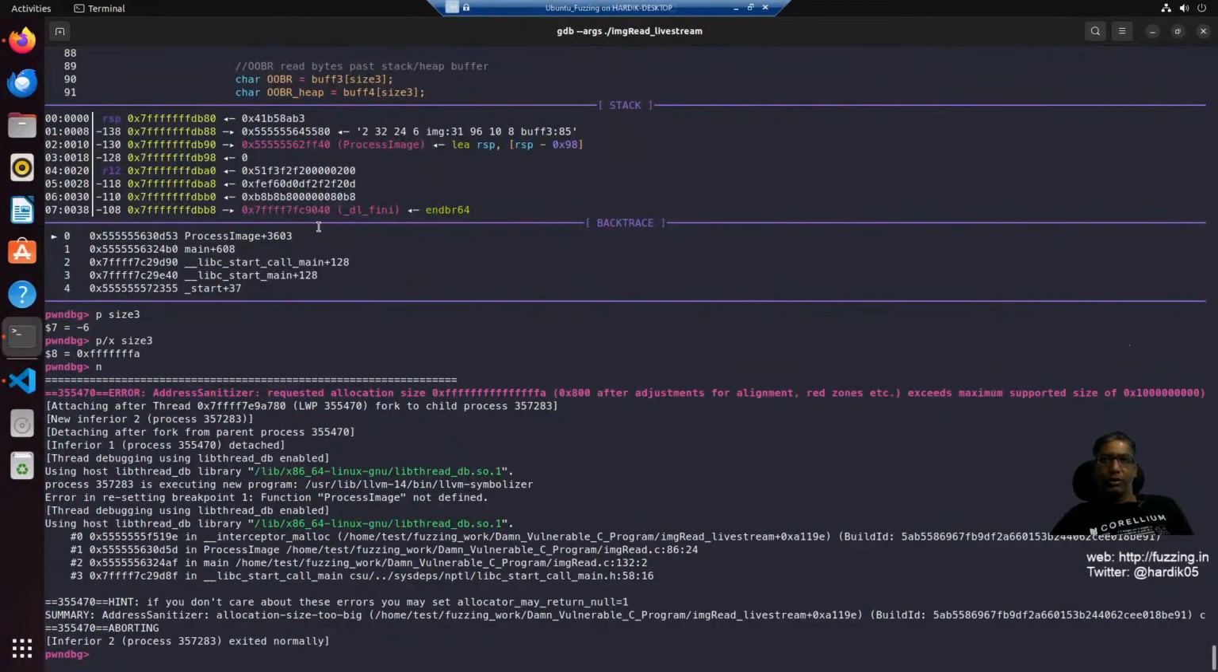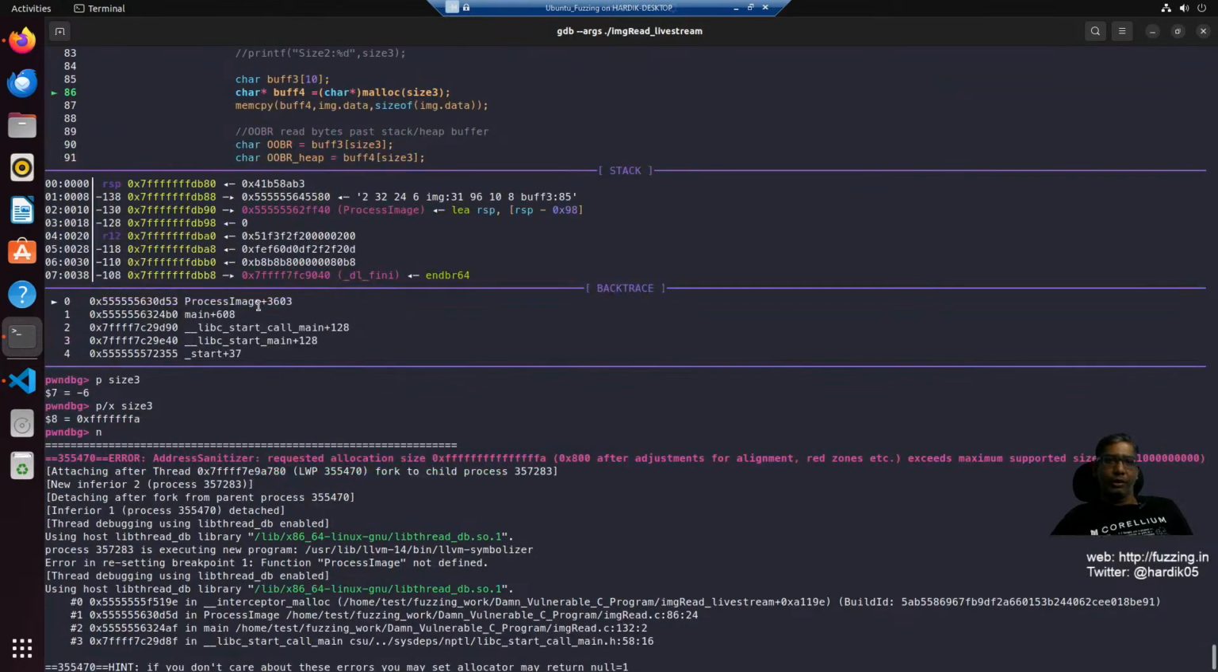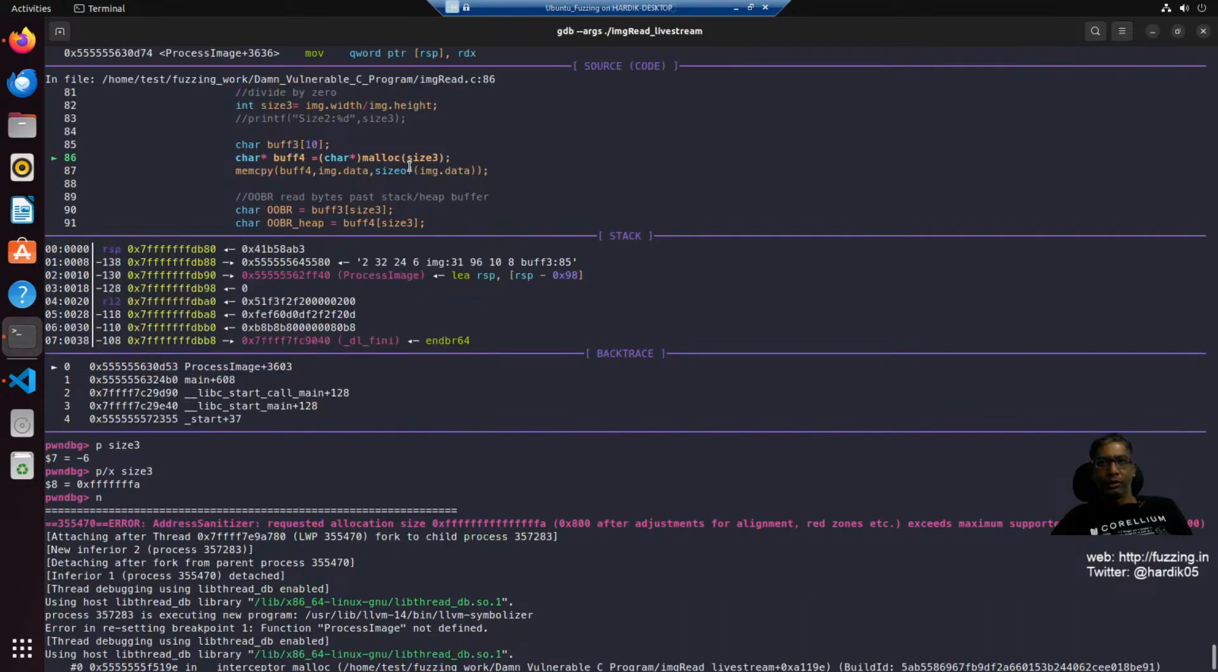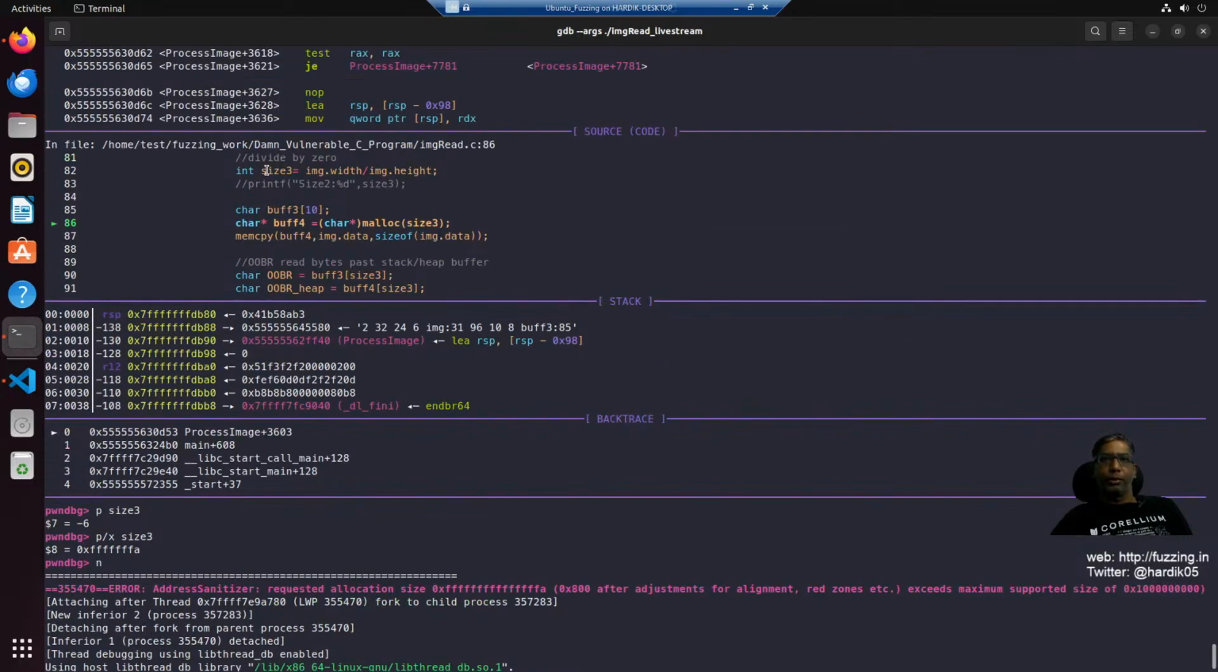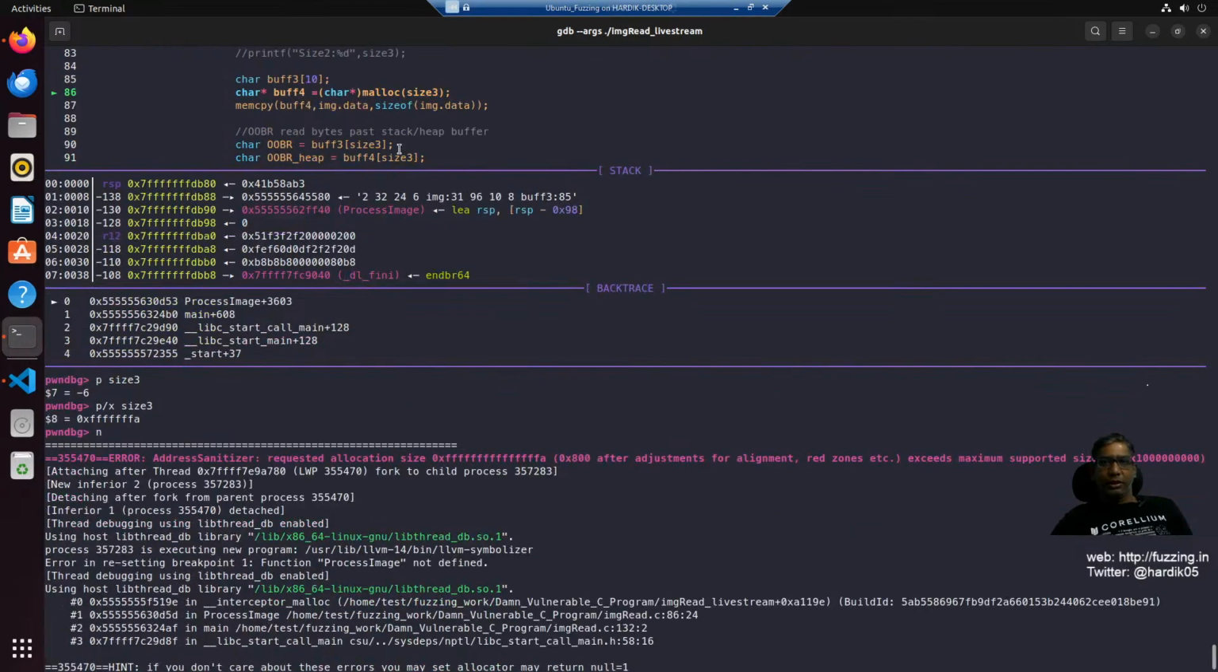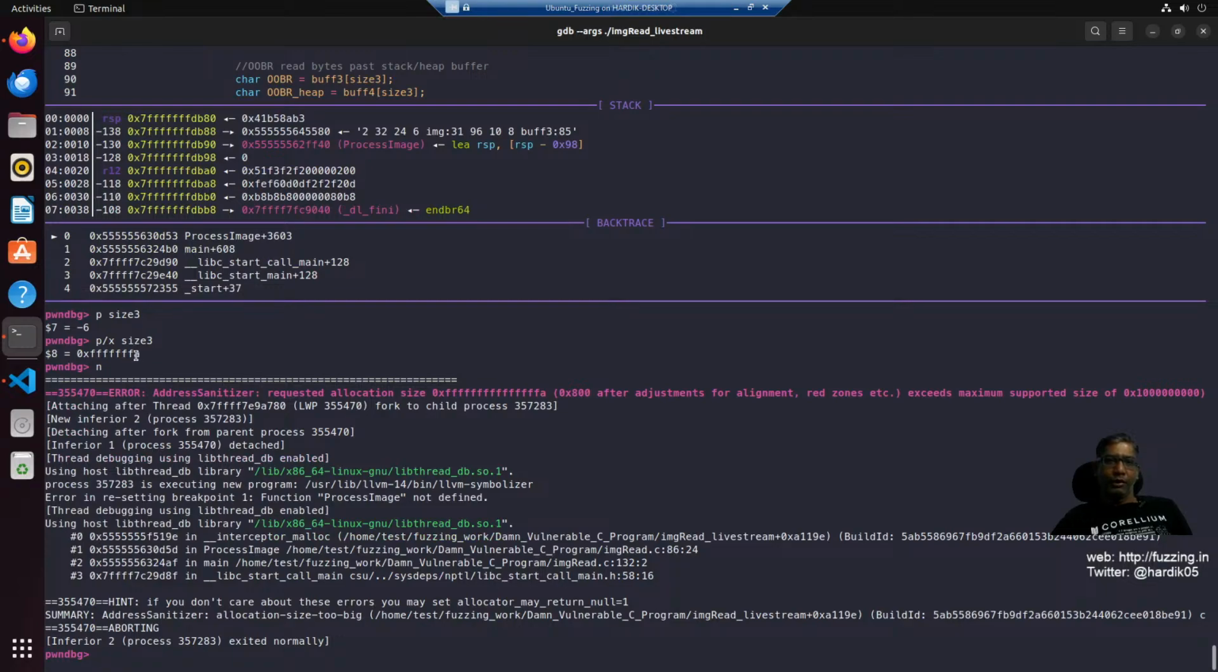So the root cause is an issue with the signed to unsigned conversion, because in the signed case we are giving a negative number to size 3. We are not checking it over here, and we are passing it directly to malloc. And when you pass a negative value to malloc, since it is unsigned, malloc will treat it as a very big number. Malloc doesn't understand what is signed and what is unsigned, so it will try to allocate this much memory,